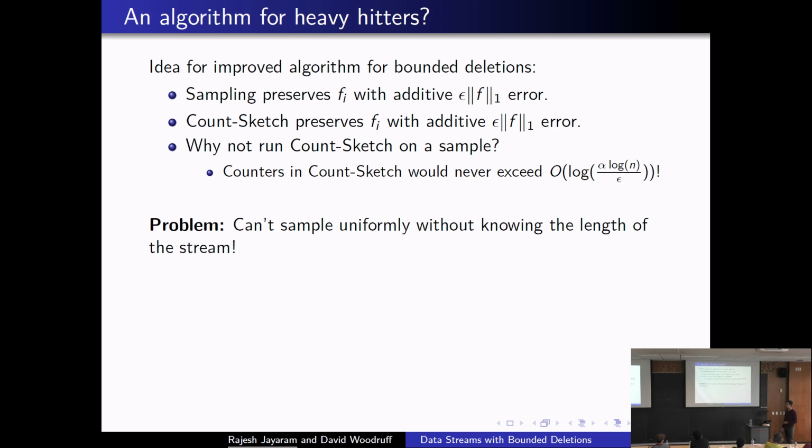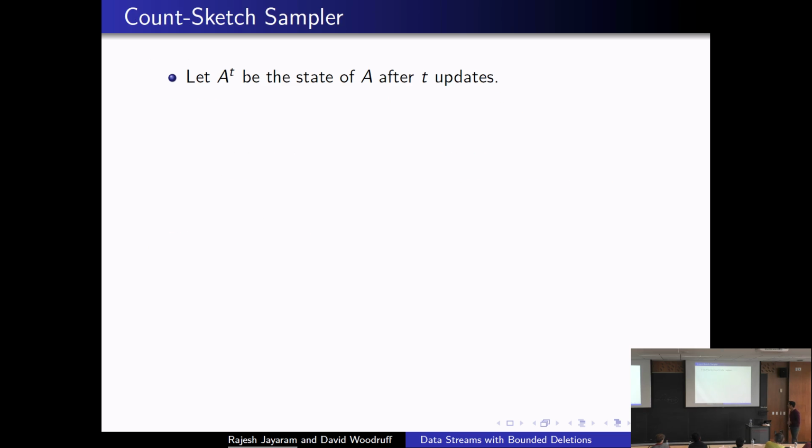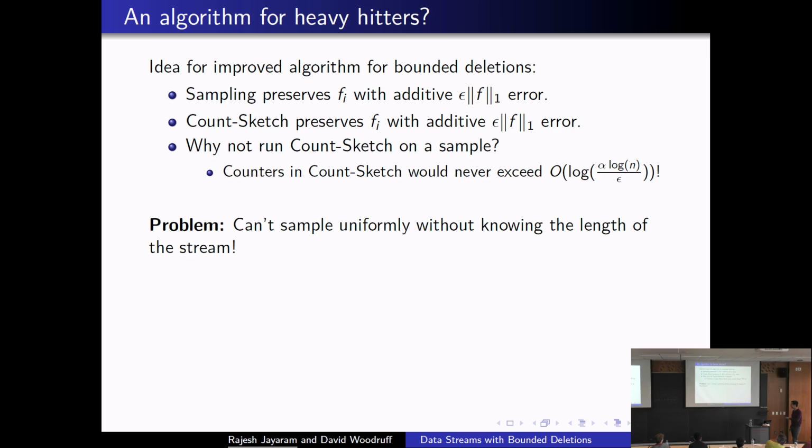Because we're not actually paying attention. We see an update and flip a coin, some biased coin, to decide whether to sample it. If we do sample it, we put it in the bucket, and reservoir sampling keeps it. Yeah, exactly. So I just said that basically we don't know the length of the stream,